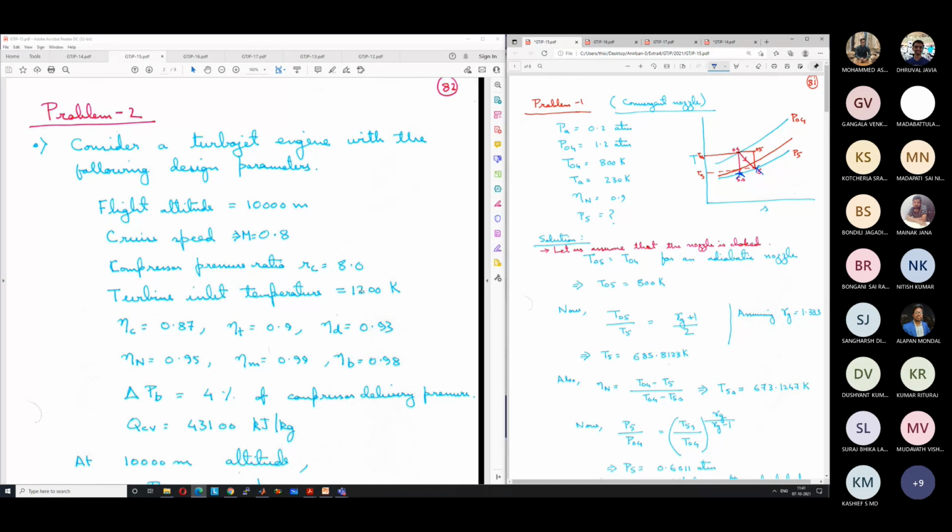Now for jet engines, an additional factor comes into consideration: the velocity for which you want to design. Remember the velocity will change with the flight operation. During takeoff, it is less, then it will increase to cruise velocity. Again, it will decrease while landing. So you have to design for a certain cruise altitude.